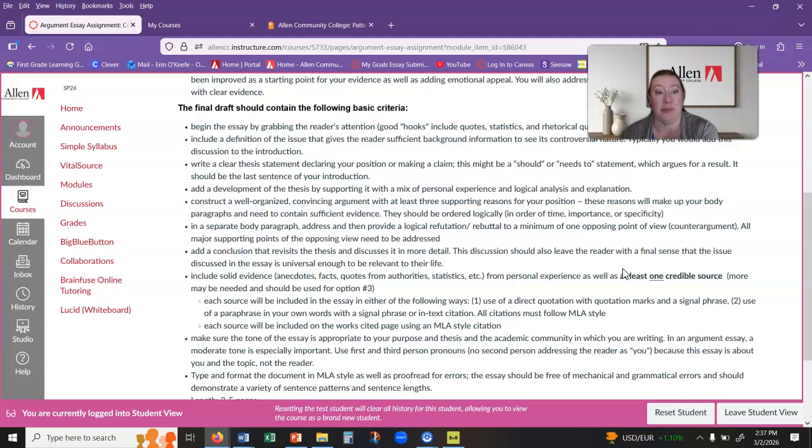So I've got some examples for you. You're developing your thesis with your mix of personal experience and then, of course, logical analysis and explanation. We want to make sure everything's convincing, that you've used a lot of logic in your argument, and that you may have used sources to help support it.